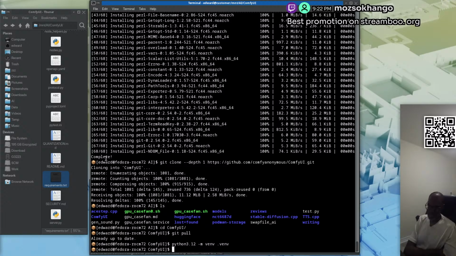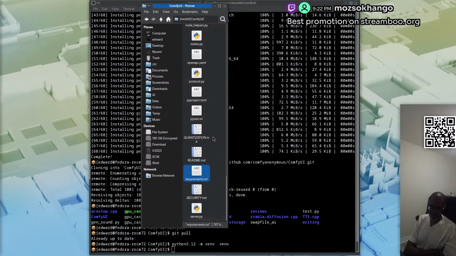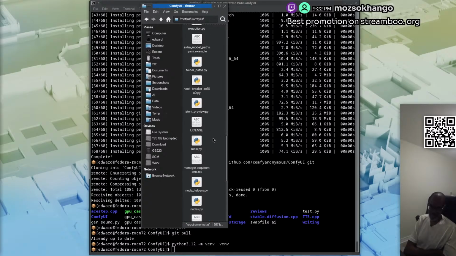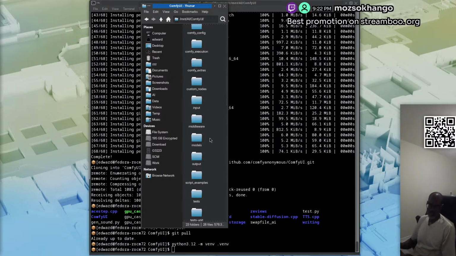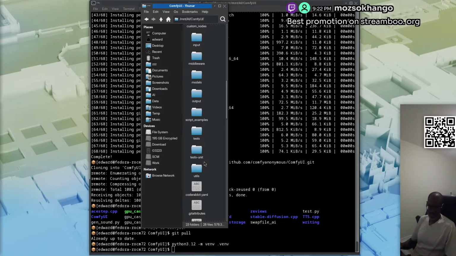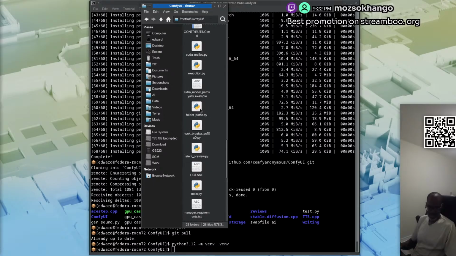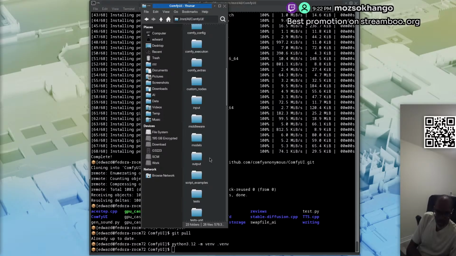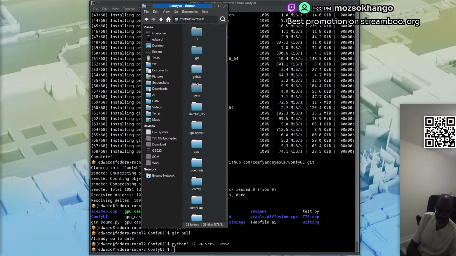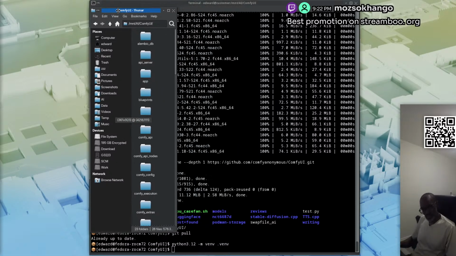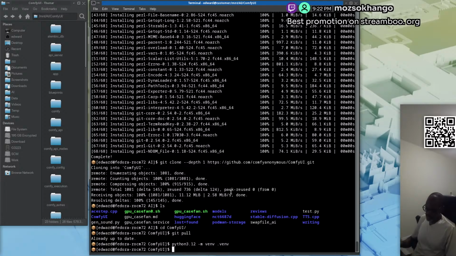So it's created a hidden folder. I'll show you what that hidden folder is. You can't see it here because it's a hidden folder. So all I need to do is Control H, and you should see .venv somewhere here. Where is it? Wait, it did create a hidden folder. Where does it put hidden folders? Is it at the top? Oh, here it is, .venv. So this is basically it, you don't need to worry about that. Yeah, put it here. Next,